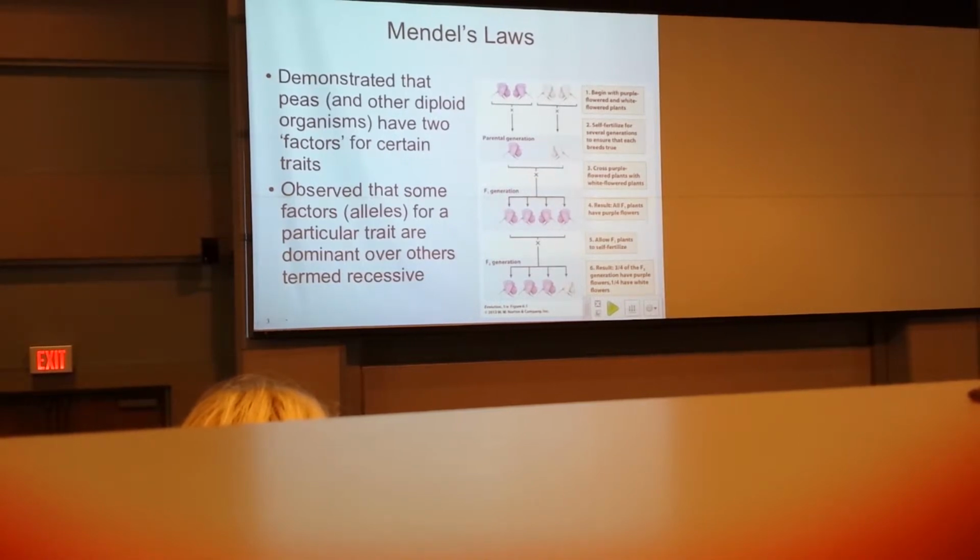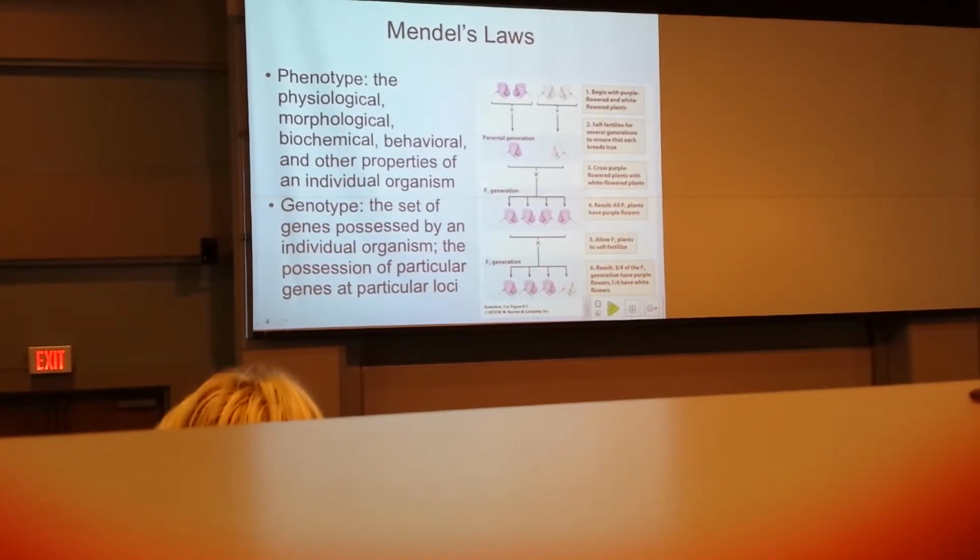So this brings us to some more good definitions. We need to be able to distinguish genotypes from phenotypes. What Mendel was doing is he was looking at the phenotype of the plant. Phenotypes are the physical manifestations of an organism that you can observe. They're physiological, morphological, biochemical, behavioral, and basically everything else about an organism that you can observe except for the genes themselves. You can now observe those individual genes, those individual codons or nucleotides, but we wouldn't consider them a phenotype,